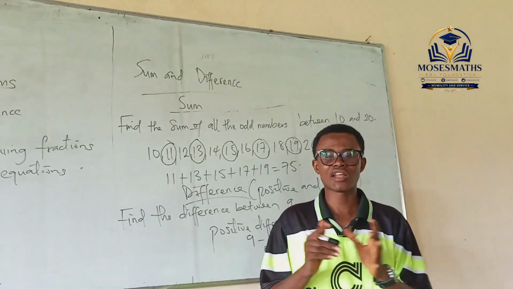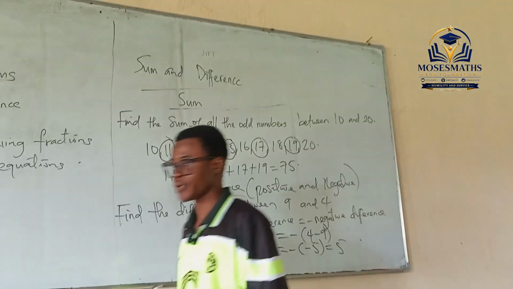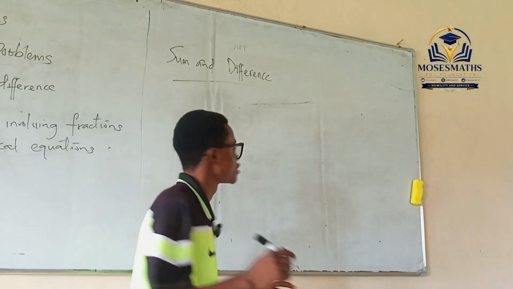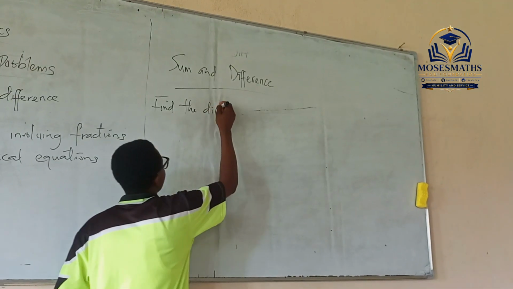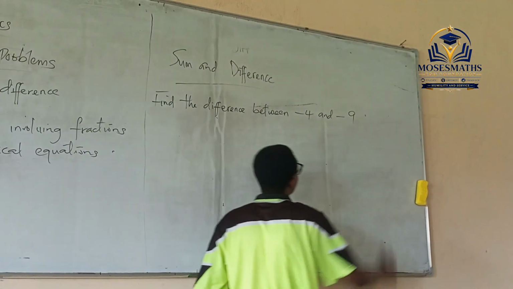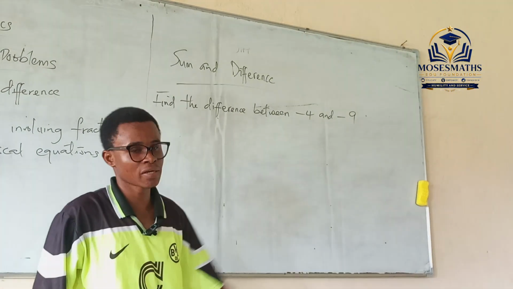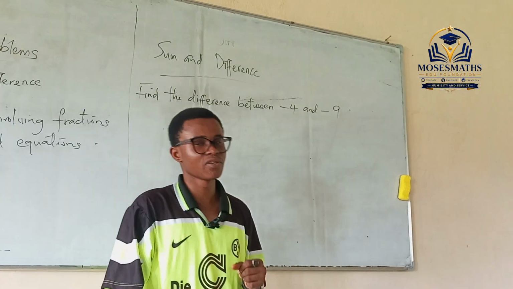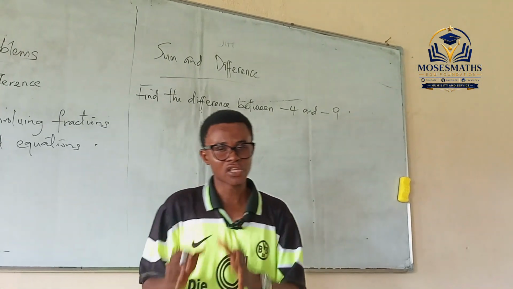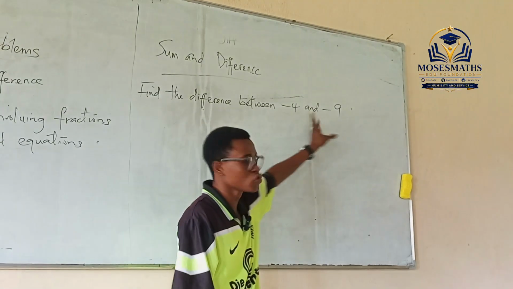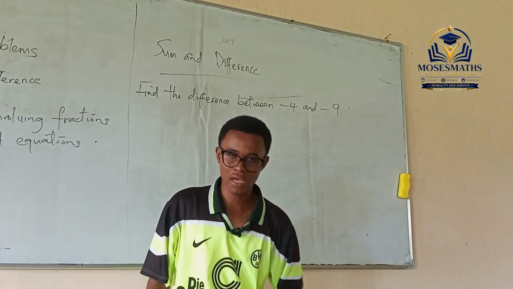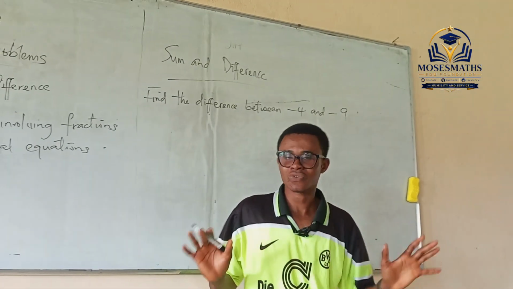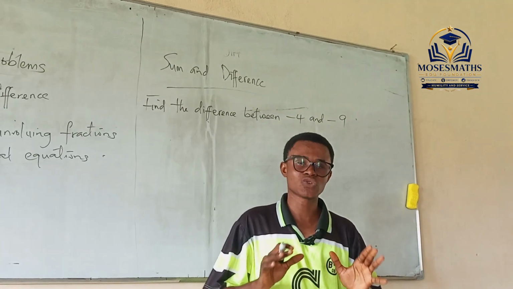So now let's take another example on this particular difference. Okay, the next example I want us to look at is this. Find the difference between minus 4 and minus 9. Now, you're going to get the positive difference and also the negative difference. So how can I get the positive difference? Subtract the smaller number from the bigger number. But between these two numbers, which one is smaller and which one is larger? Good. So in order for us to quickly decipher the one that's bigger,